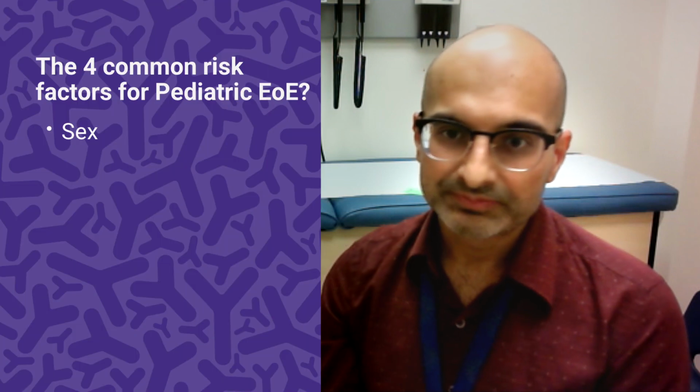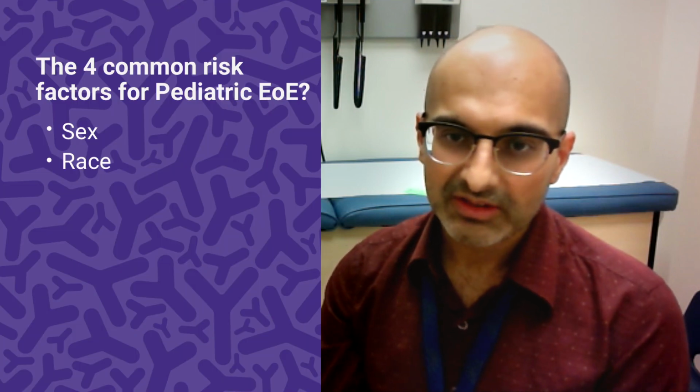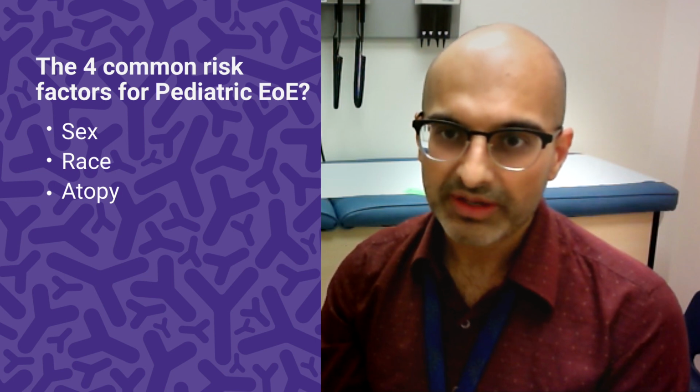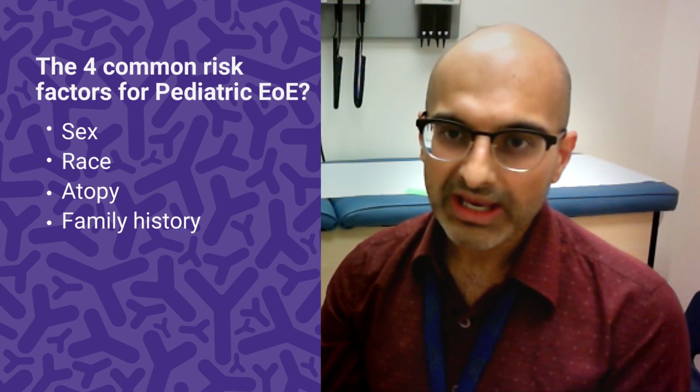There are 4 common risk factors for EOE. The first is sex. The second is race. Third is having an atopic background, and we'll explain what that means. And fourth can be a family history. With the first one, being sex,